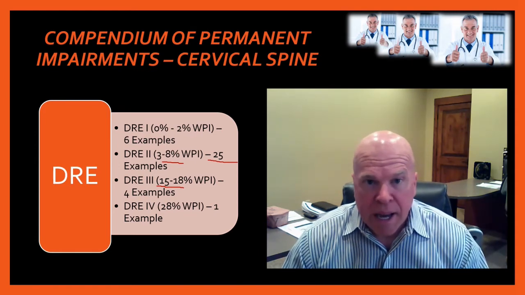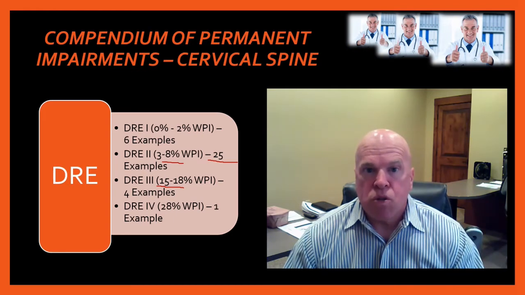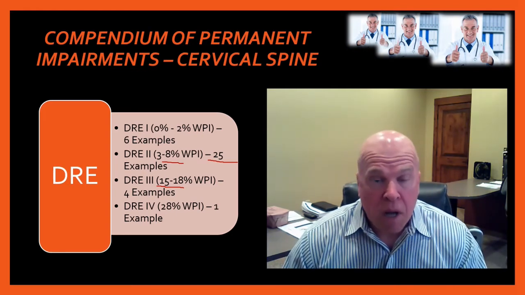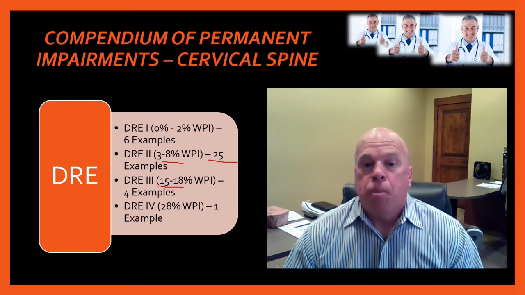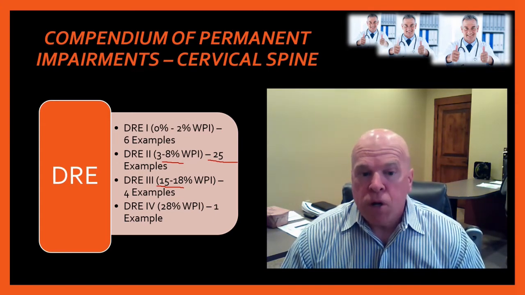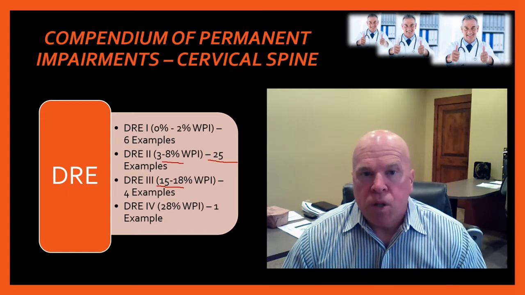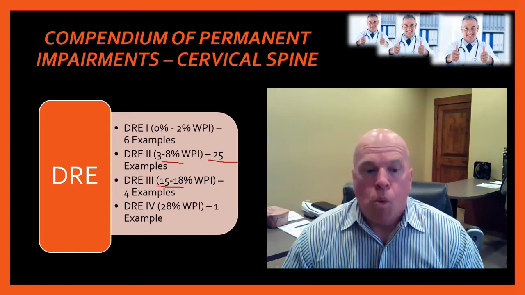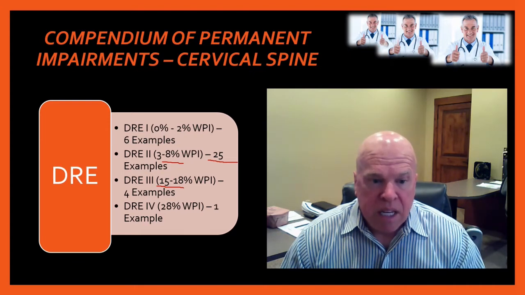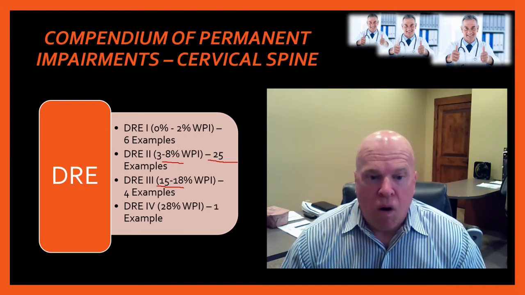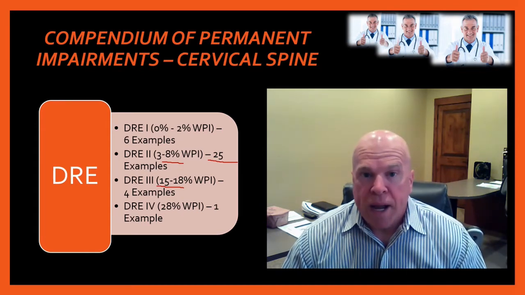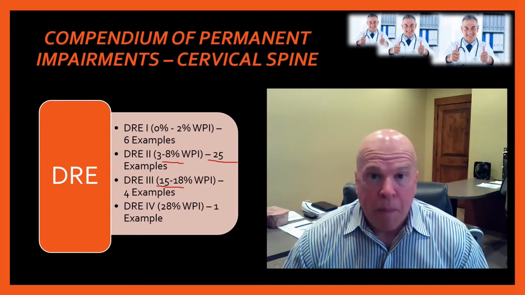Remember, DRE Category 4 refers to examinees who have both radiculopathy and loss of motion segment integrity, so this is a rare impairment, but we have one example for you, and this is an example where the examinee qualifies for 28% whole person impairment, and these are over almost 40 cases that are rated under the DRE method of rating